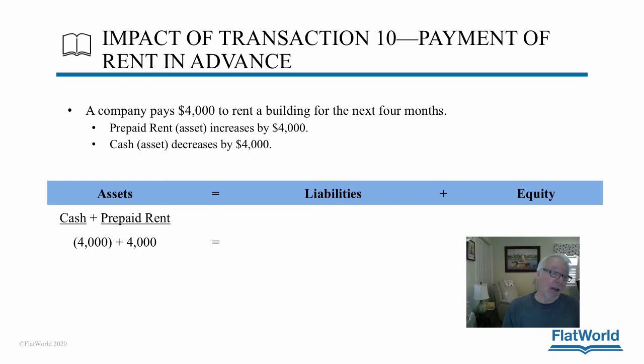So that's kind of similar to what we did before with paying off an obligation. But this time, you're setting up a different asset. So since you're writing a check to your landlord, cash comes down by $4,000. Where do you put the other part of it? In prepaid rent, another type of asset. And later on, as you do occupy that building, therefore using up your prepayment, you'll gradually transfer, see, it's for 4 months. So month by month, you'll transfer a piece, a piece, a piece, and a piece from here,